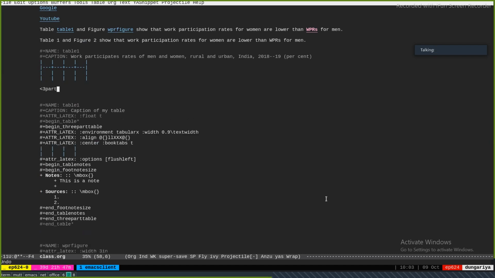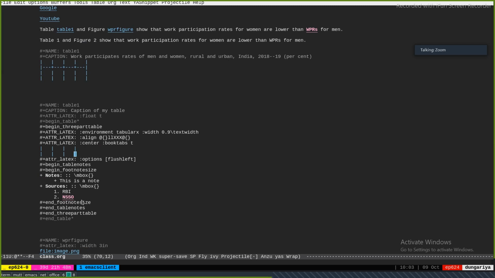This inserts this. Now what is this doing? So this table has 3 parts. There is the caption part of the table, the top of the table itself, and then table notes, where you write notes and sources and things like that. So, RBI, NSSO, or whatever you want to write.